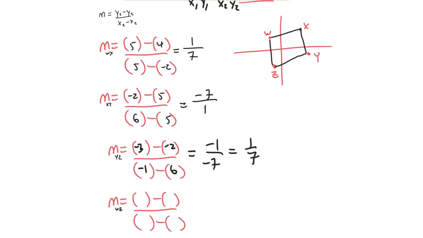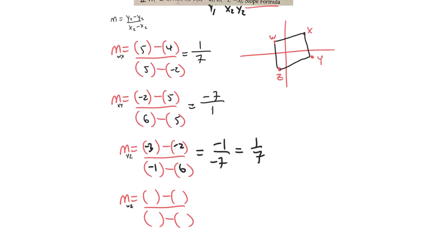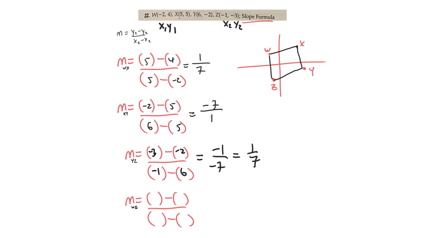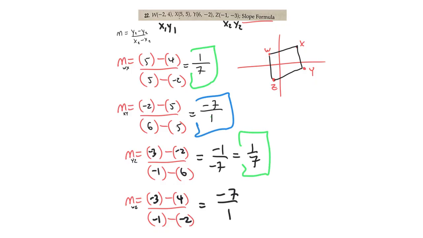Now, finally, we could call point W X1, Y1, and point Z X2, Y2. So that would be negative 3 minus 4, over negative 1 minus negative 2. Negative 3 minus 4 is negative 7. Negative 1 minus negative 2 is the same as negative 1 plus 2, which happens to be 1. So that is that. Now, notice how opposite sides have the same slope, which is a beautiful thing because that,